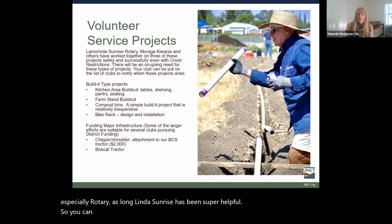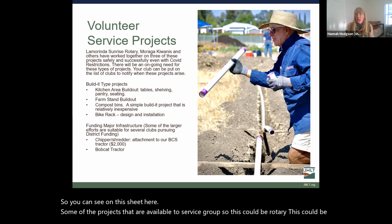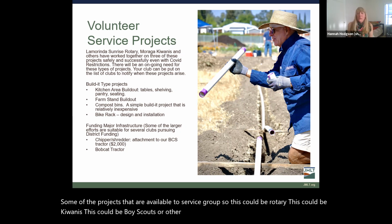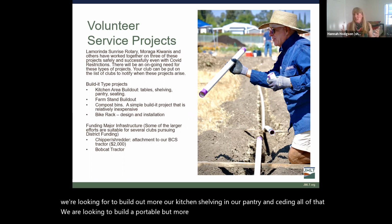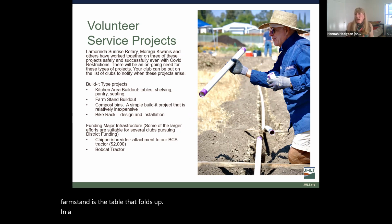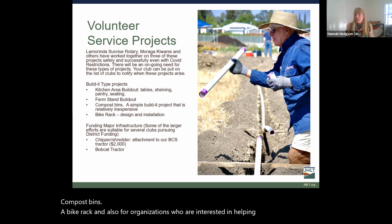You can see on this sheet here some of the projects that are available to service groups. This could be Rotary, this could be Kiwanis, this could be Boy Scouts, or other organizations of this type that I don't know of. We're looking to build out our kitchen shelving and our pantry and seating, all of that. We are looking to build a portable but more significant farm stand. Right now, our farm stand is a table that folds up in a little pop-up tent. Compost bins, a bike rack,